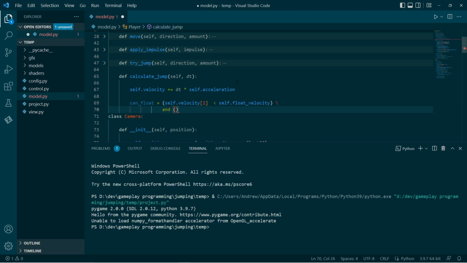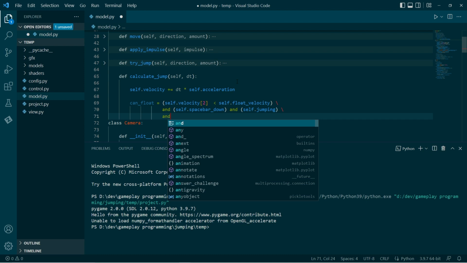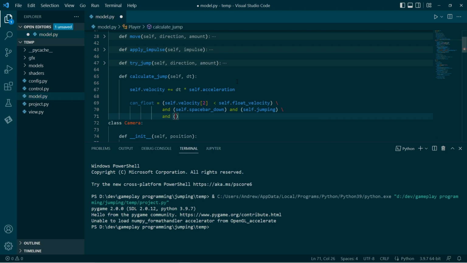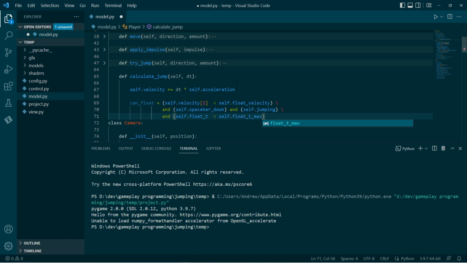The next condition is that spacebar needs to be pressed, and we need to be in the air. There's a lot of conditions here. And of course we need our float time to be less than our maximum float time.